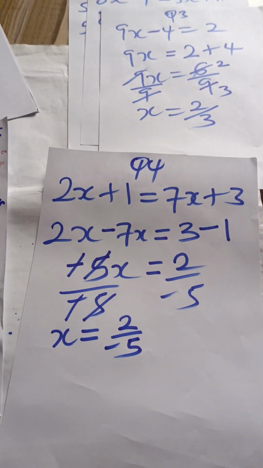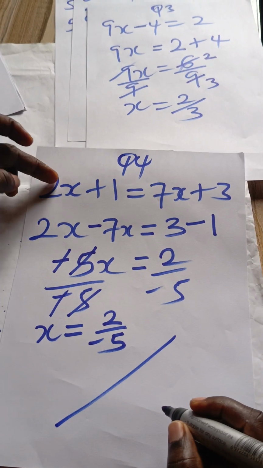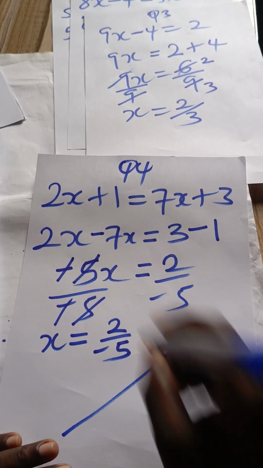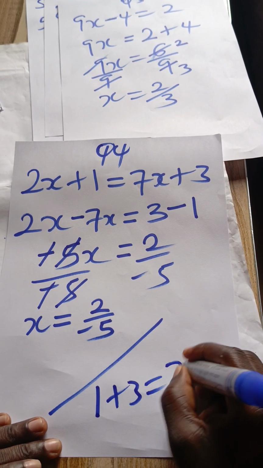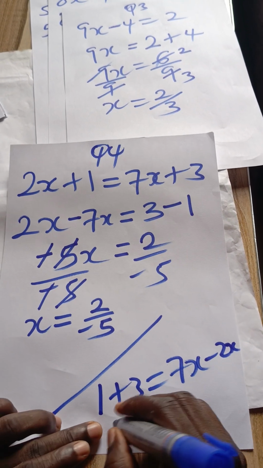Now you can also choose to bring the 2x here. You can also choose to bring the 2x here, and this 3 here is the same thing. So the 1 will stand here. So 1 plus 3 is equal to 7x minus 2x. So here we are going to get